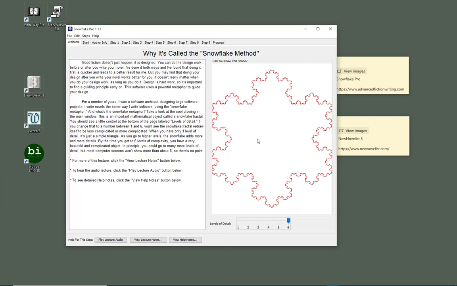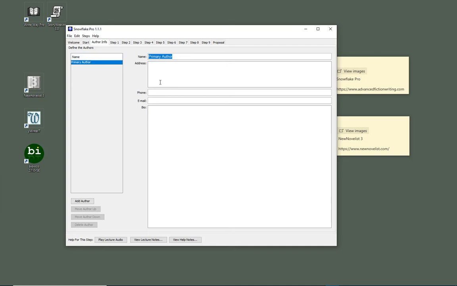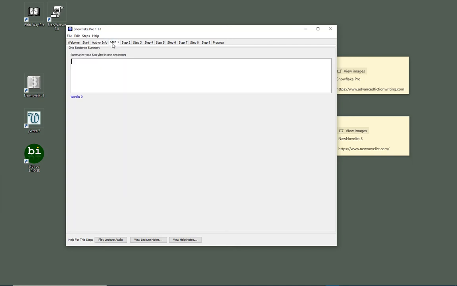This software does not have a place to actually write the manuscript. It's all about coming up with the idea, fleshing it out, and making sure you have everything that it requires to be a complete story. To start off, it asks you for the title of your novel, a word count, and for you to think a bit about who your target reader is and the category of your book. You can put in your author information and then begin step 1 with that short one sentence that explains your